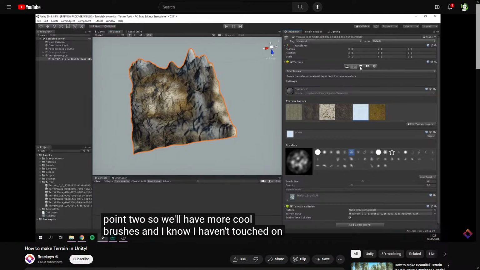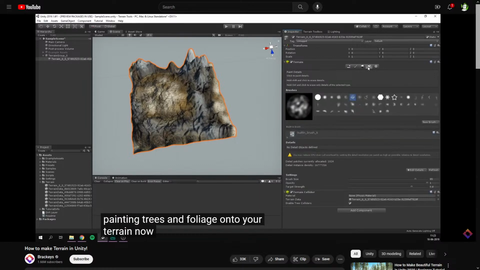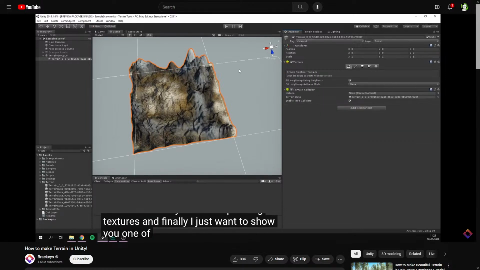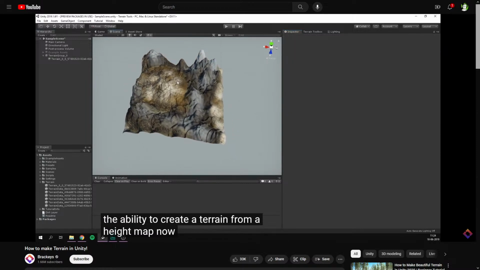And I know I haven't touched on these two icons here. They are for painting trees and foliage onto your terrain. Now, this is for another video. Just know that the option is here and that it works very similar to painting textures. And finally, I just want to show you one of my favorite features, which is the ability to create a terrain from a height map. Now, if you don't know